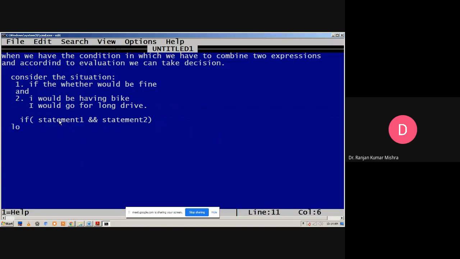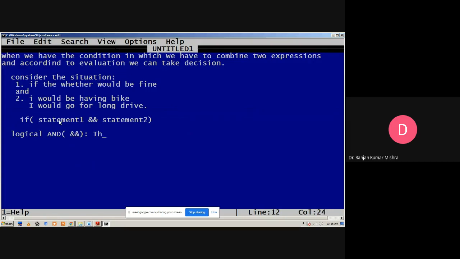What is the logical AND? It can be represented by this sign. What is its functionality, how does it react?